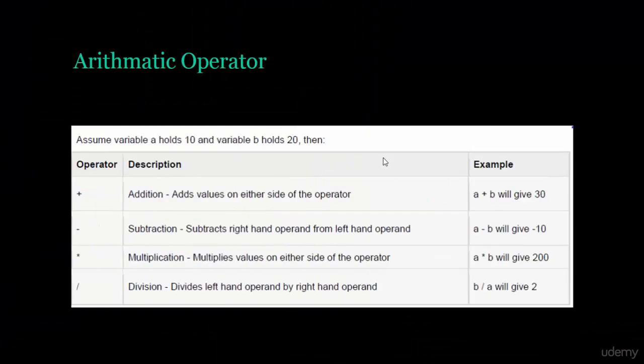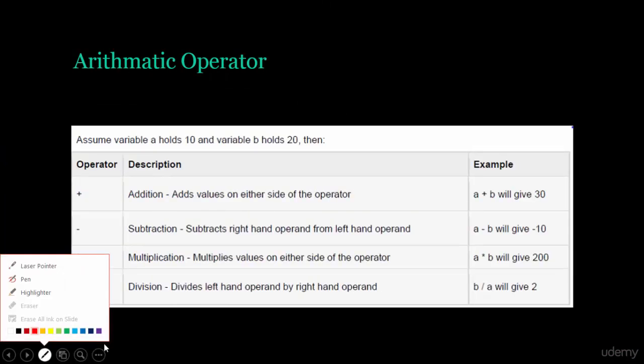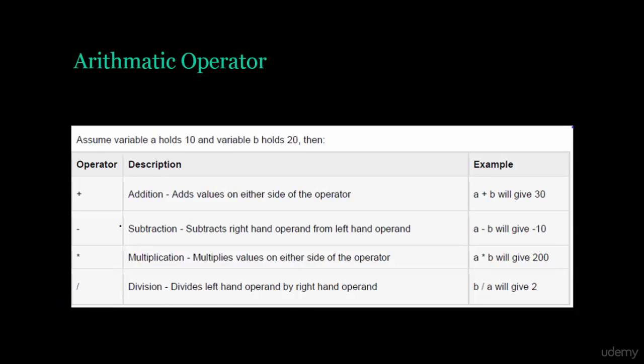Let's see this example. Here, let's see the arithmetic operators. First, the addition. This will add a value to another value, like if A holds 10 and B holds 20. If we add A to B, this will give us